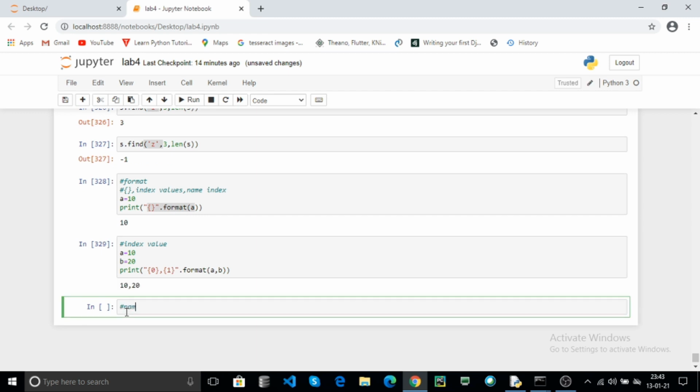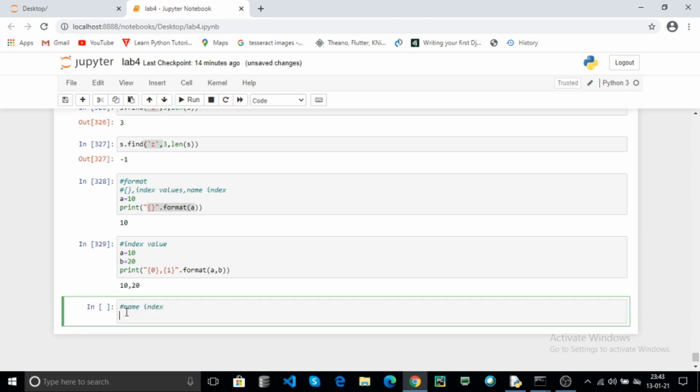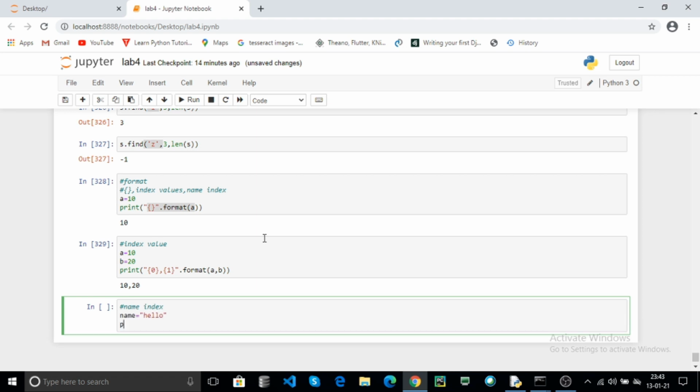Now use the name index. Here suppose name equal to hello, print to pass the placeholder with the particular name index.